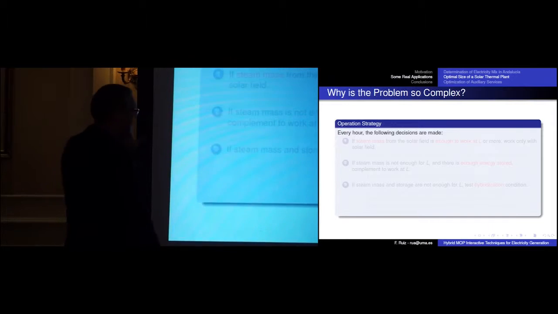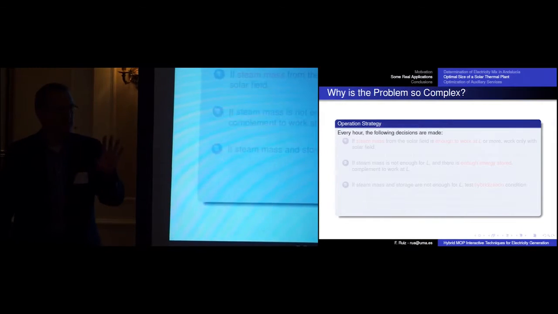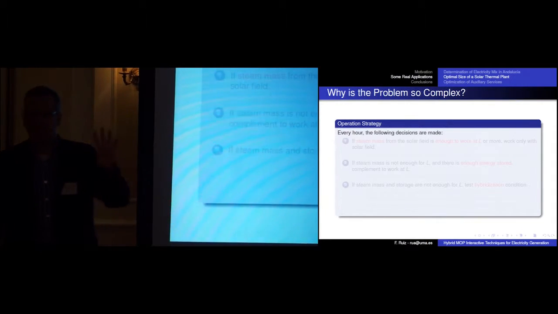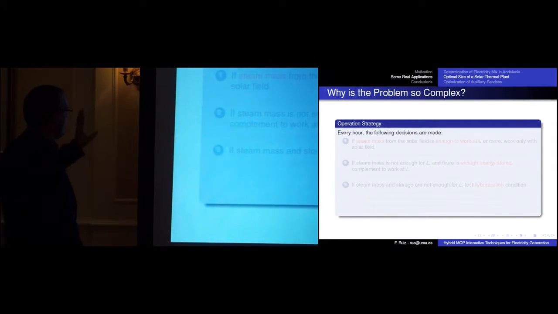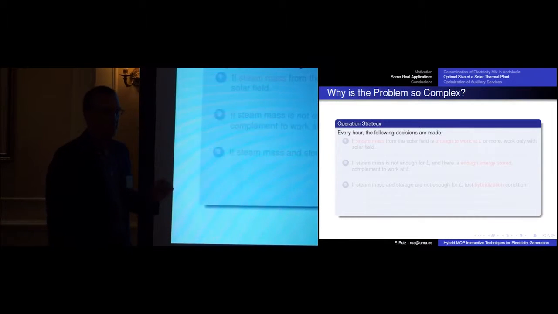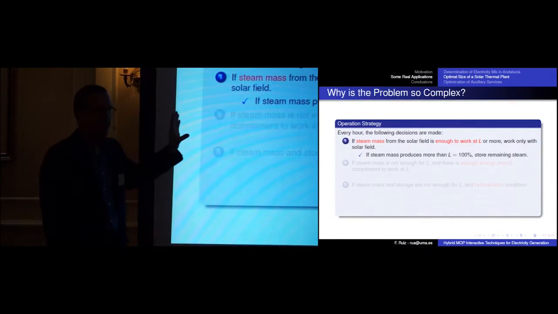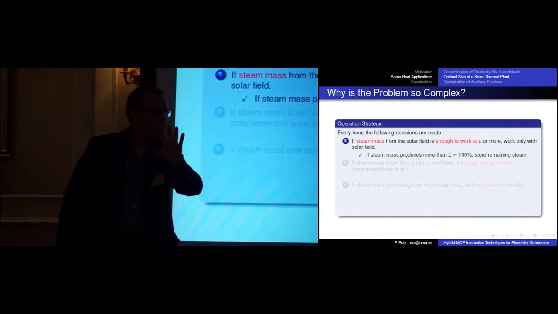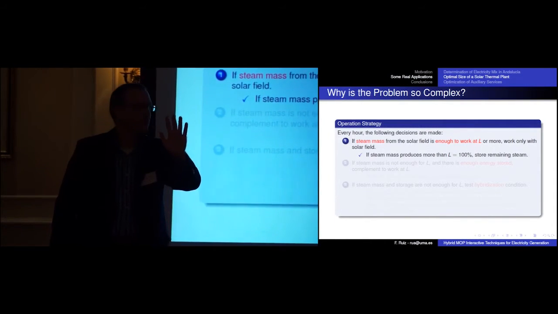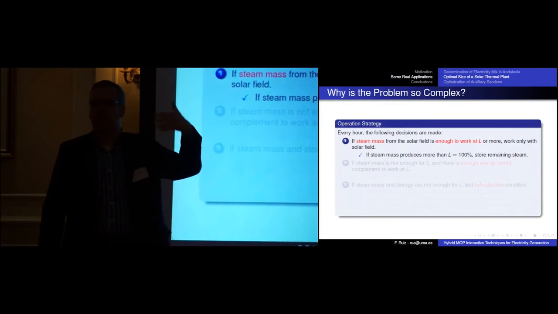So, again, the model looked very simple, 4 variables, just simple bounds, but the problem was to simulate the operation strategy, because we had to do it this way. If there's enough steam mass coming from the solar field to produce at least at L, we work at L. If there's more than enough to